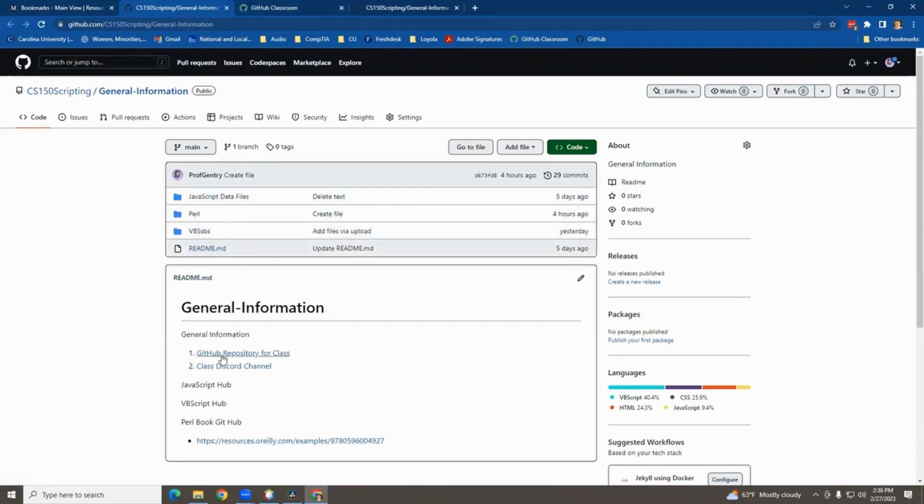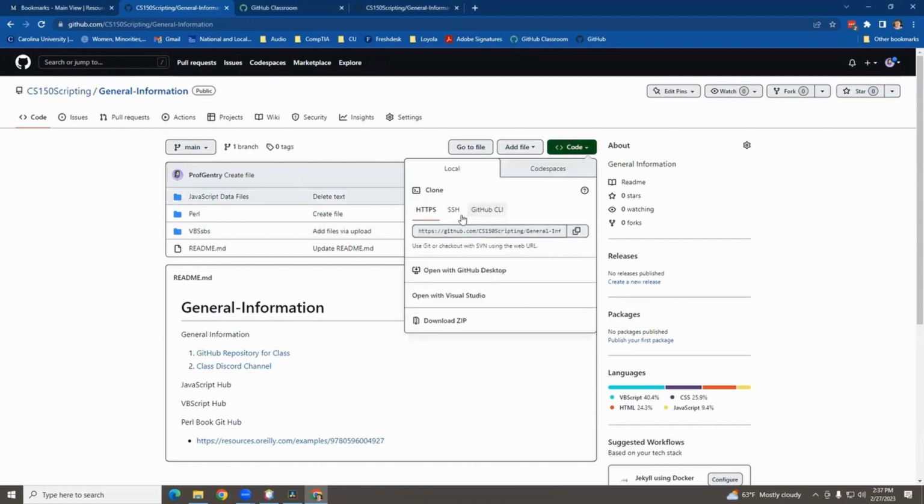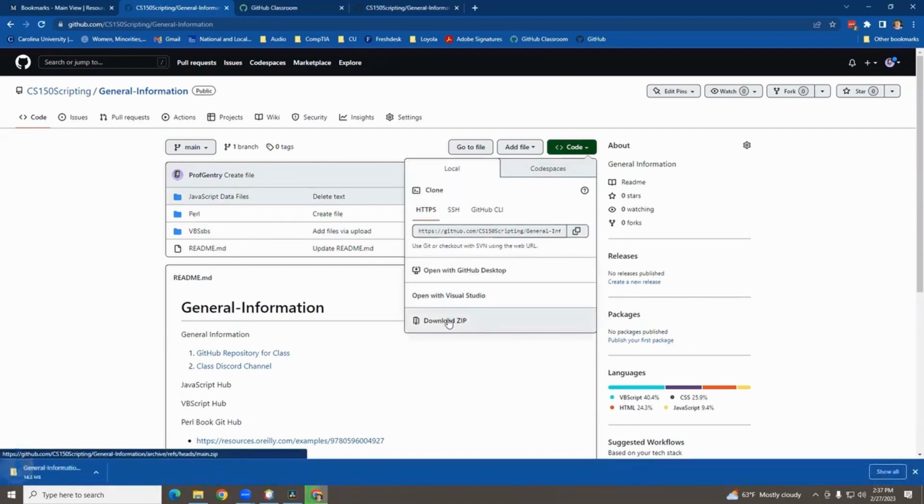So first, we've got the GitHub repository for the class. We've got the class Discord channel. We've got some information about the books. The easiest way to download the files is from the general information page. If you click on code here, you can say download a zip. It's going to zip all of the files that are necessary for this class, and it will start downloading it